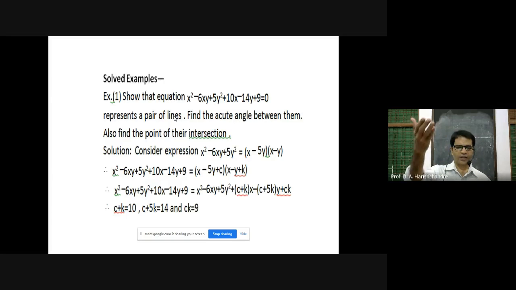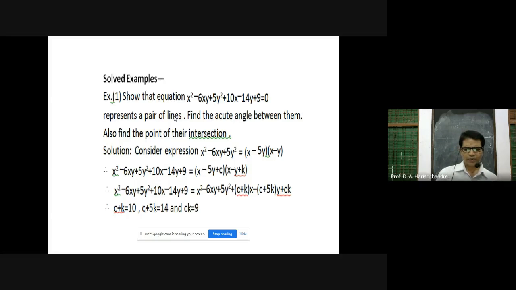Okay, and in the above remark I told you the general second degree equation is always parallel to the homogeneous second degree equation. So ultimately lines included in the homogeneous second degree equation are parallel to the lines included in the general second degree equation. So whatever lines you are getting, x minus 5y is equal to 0 and x minus y is equal to 0, these are the two lines which are in the homogeneous second degree equation x square minus 6xy plus 5y square is equal to 0. The lines in the given general second degree equation must be parallel to them.